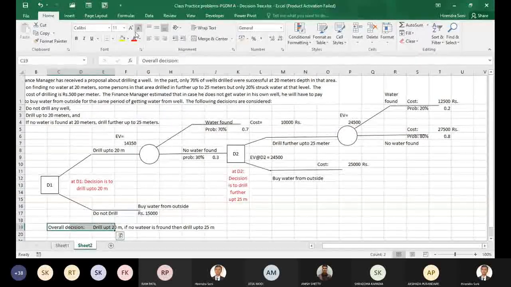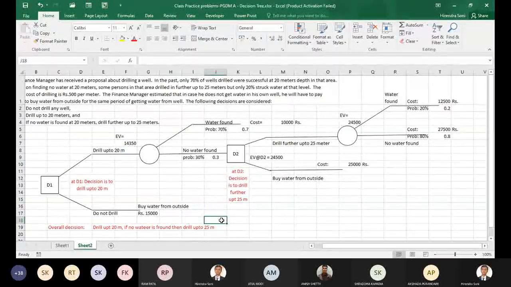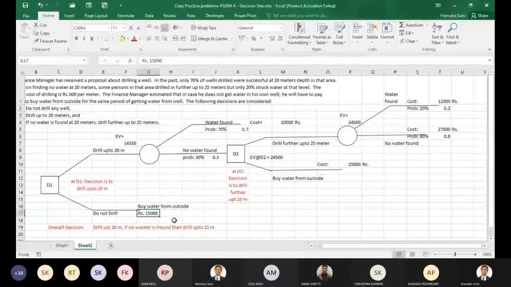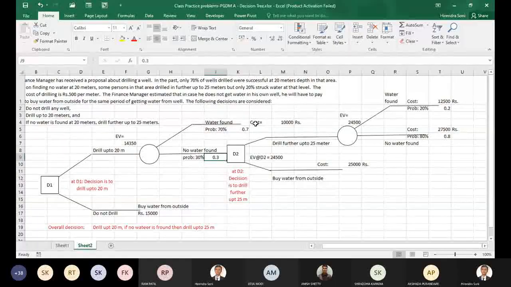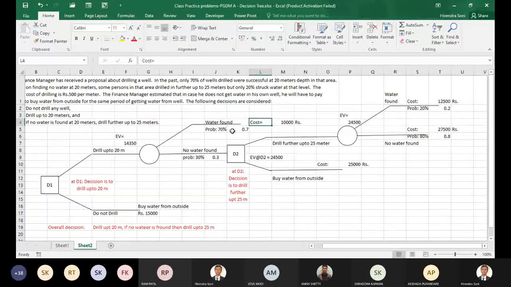ओके, पहला फर्स्ट डिसीजन पॉइंट इज either I drill up to 20 meters or I do not drill, and if I don't drill, 15,000 is the cost that I am going to incur. If I drill up to 20 meters, okay, so after that the situation could be either I find water or I don't find water. Probability of finding water is 70%, probability of not finding water is 30%. Your cost till this point would be 20 meters into 500, so 10,000 rupees. Okay, and here you cannot find your cost immediately, so you will have